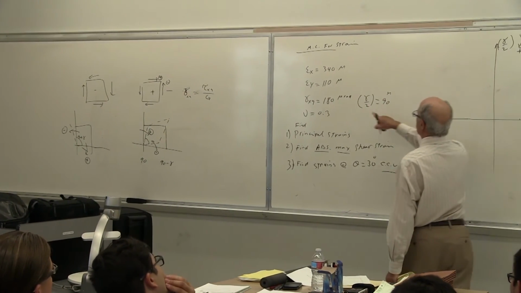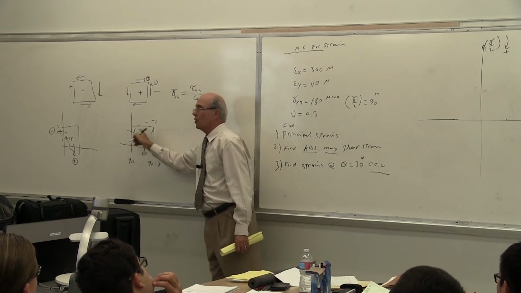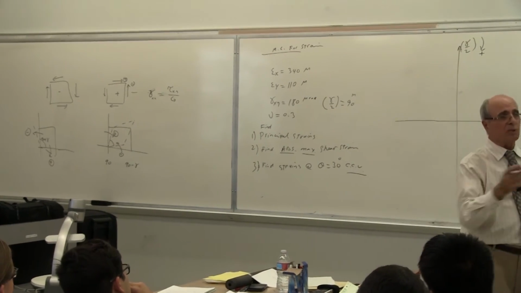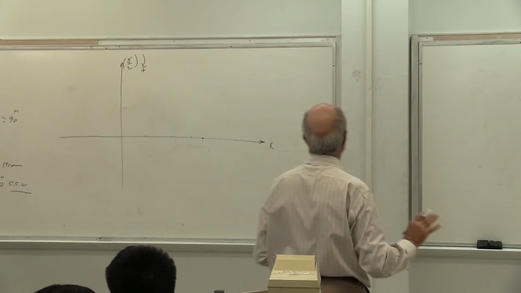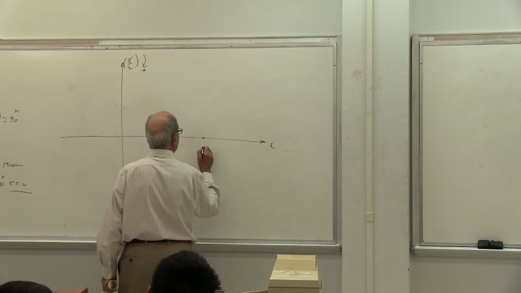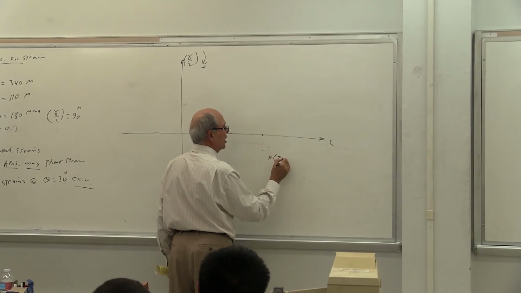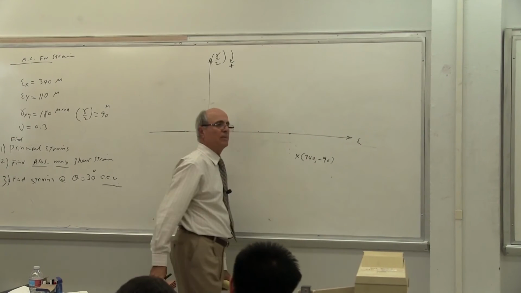Since this gamma is plus, under this scenario, on the x it is negative, on the y it is positive. However else you answered me, that was correct. Is that correct? Is that what you said? Anyhow, so we go here down 90. So this is your x, which has 340 minus 90. This is epsilon, this is gamma.